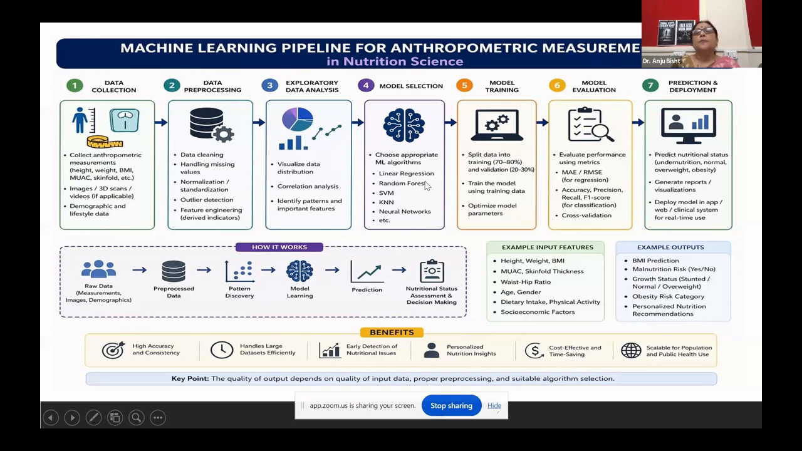Accordingly, the model is selected. It is trained, the model parameters are optimized, and then it is evaluated, right? Evaluate the performance using metrics. And finally, on the basis of this model training and model evaluation, the predictions are done. You can predict the nutrition status, whether a person is undernourished or normal or overweight or obese. The reports can be generated, visualization can be there, and you can deploy the model in an app, web, or clinical system for